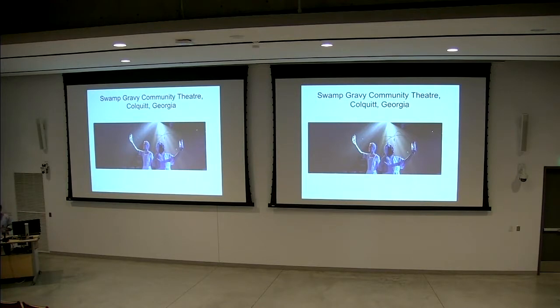These folks in Colquitt, Georgia, started Swamp Gravy Theater over a decade ago, and they've used community theater, and everybody in the town, not everybody, but the stories come from people in the town. The plays are written by people in town. The actors are the people in town. Everything except the director, who's a professional, is done, the set building, by local residents. They've used it successfully, not only to create plays that people come in to see and pay some money for, but actually to grapple with some tough issues around the racial history of the town and other things.